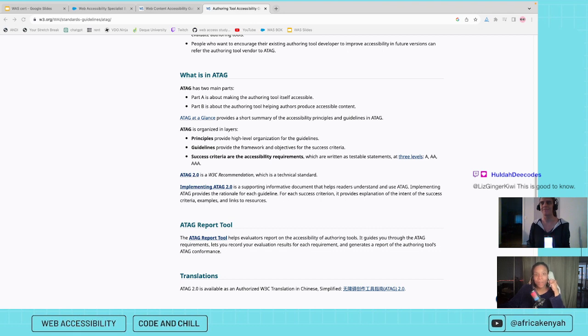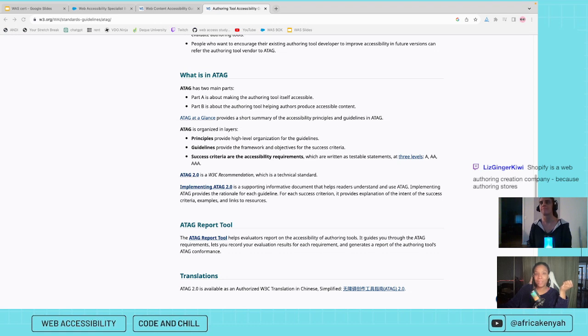Liz said, if you create an online markdown editor as a portfolio project, you are creating an authoring tool. Exactly. Shopify's design system, Alley standards. So Shopify, which is an authoring tool, also does have accessibility standards, which is amazing and very surprising. I love that. I'm going to have to look into that. Let's put that in the chat.